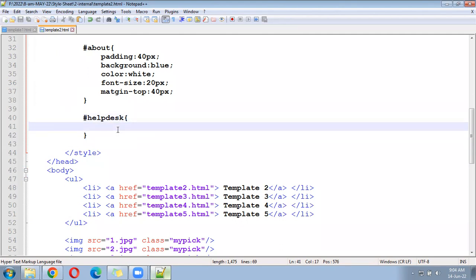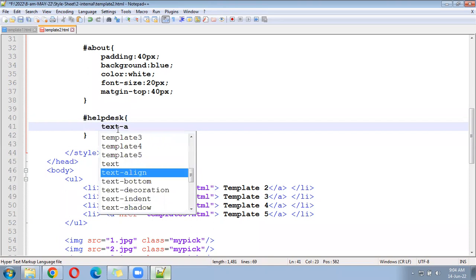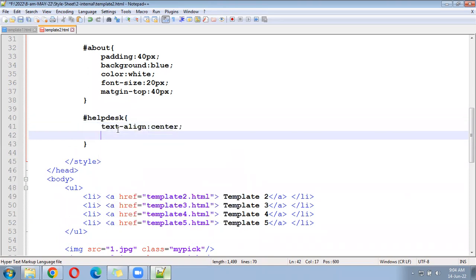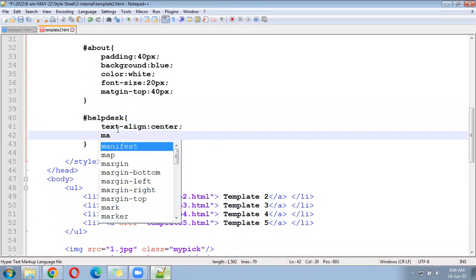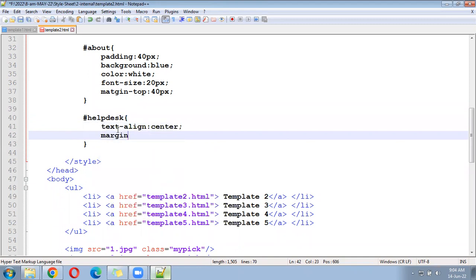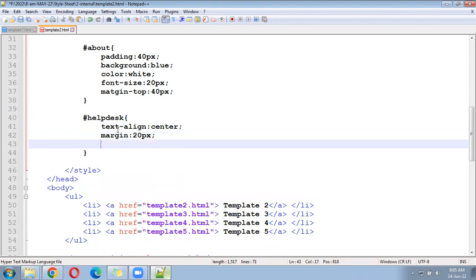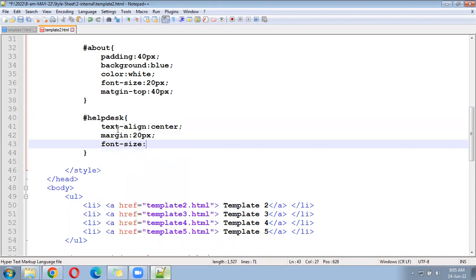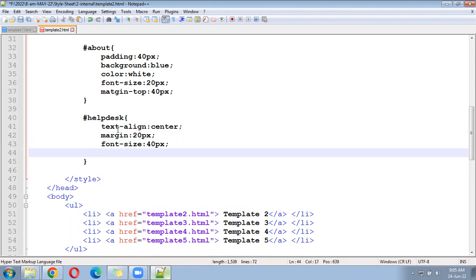In help desk, text align should be center. It should come in the middle. It should have margin from all the sides, 20 pixel. The font size will be 40 pixel nearly. Text align center, margin 20 pixel, font size 40 px, and after that,